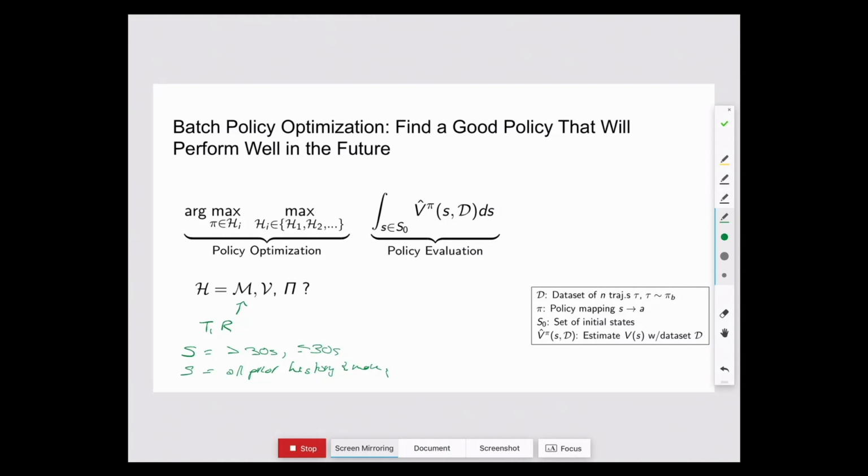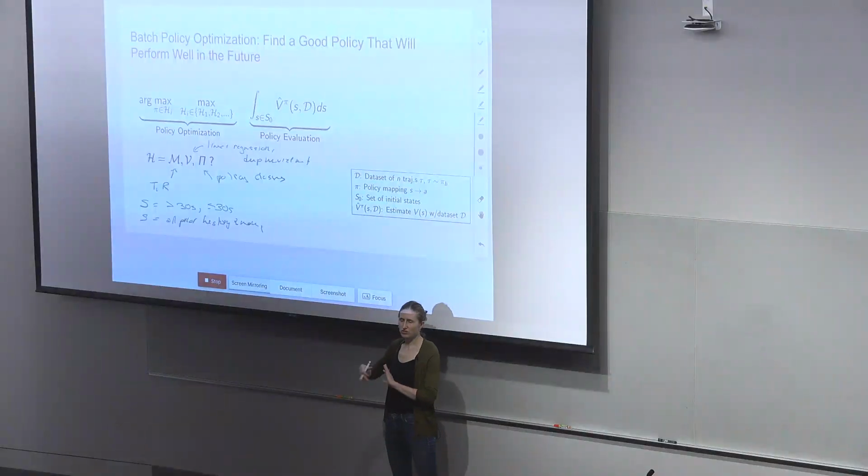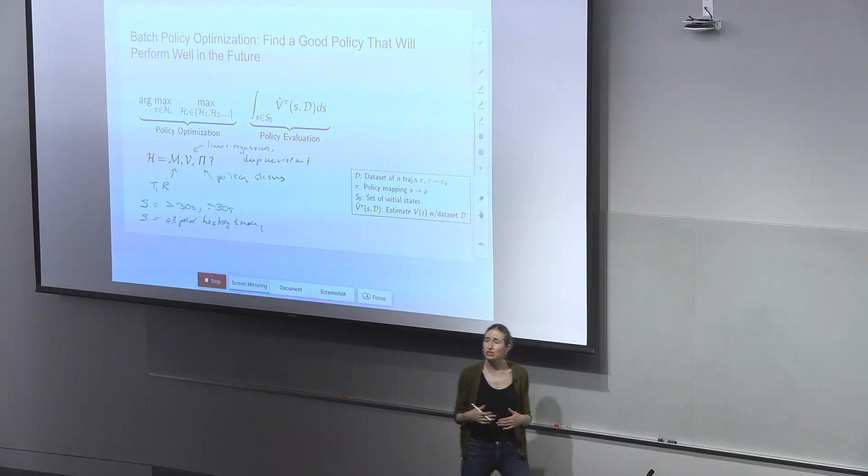A second thing you could have is hypothesis spaces over your value function. You could assume that your value function is linear regression on some features. You could assume that it is a deep neural network, etc. Or you could do this directly over your policy class and pick different policy classes. So compared to a lot of settings in supervised learning, where it's more clear exactly what even our hypothesis space definition is, here we have three main different objects that we could define hypothesis spaces over and then do maximization over those spaces.